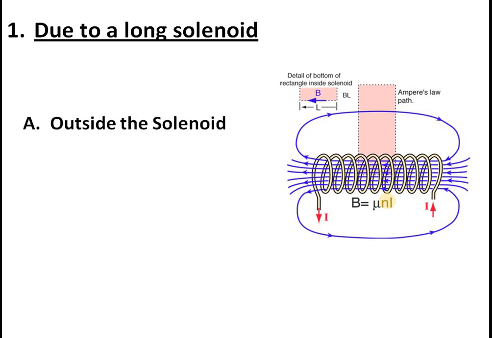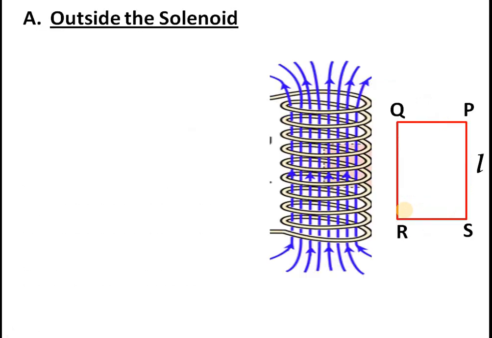As far as a solenoid is concerned, we have outside and we have inside. Let us find the magnetic field outside the solenoid first. How will we find it? For finding the magnetic field outside, we take a closed path, since Ampere's circuital theorem needs a closed path anyway. That closed path is taken outside. Here is our coil, and we are interested in finding the field at any point inside this closed path. Any path you can take. Now we take a rectangular path PQRS